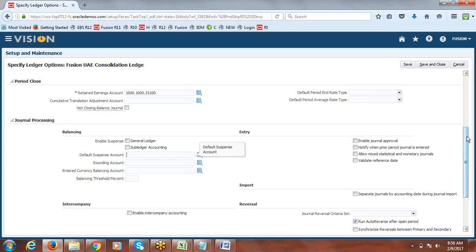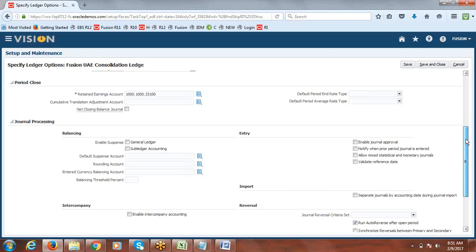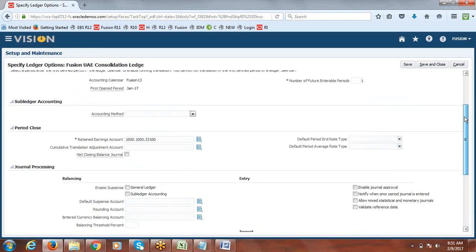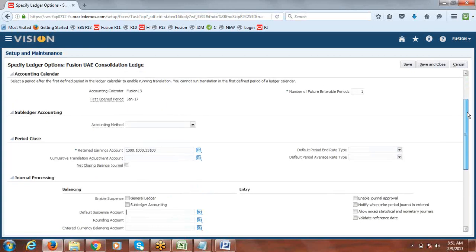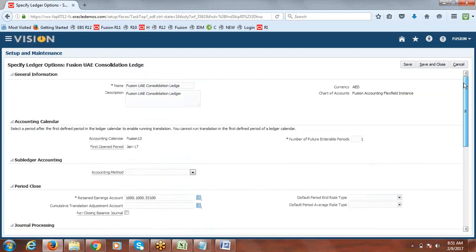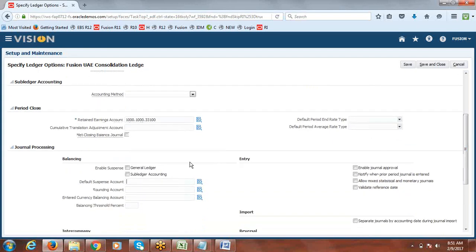From release 12 they removed it. They gave the account only. If you set that account, that is everything. Yeah, there are options. If you see the enable suspense checkbox, in the default suspense account, on top of that you have two checkboxes: enable suspense for general ledger and sub-ledger account. Oh, this is what you're referring to.